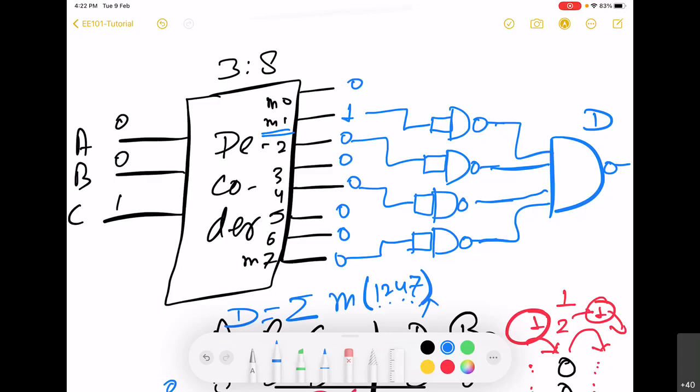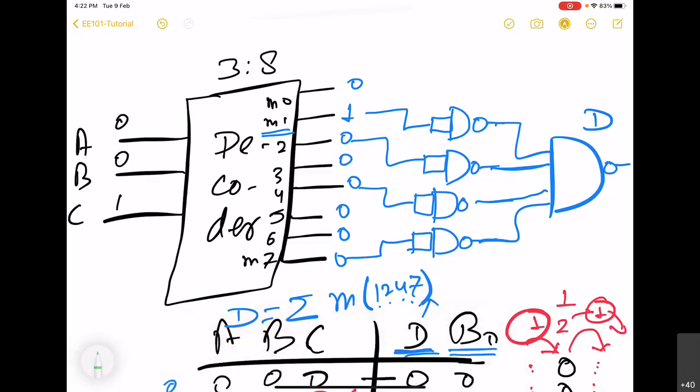Before we move to the next question, I would like to emphasize one aspect which you will have to be careful with in the next question. When we take a specific input, the normal decoder will give output corresponding to that min term. The output is going to be 1, rest all are going to be 0.